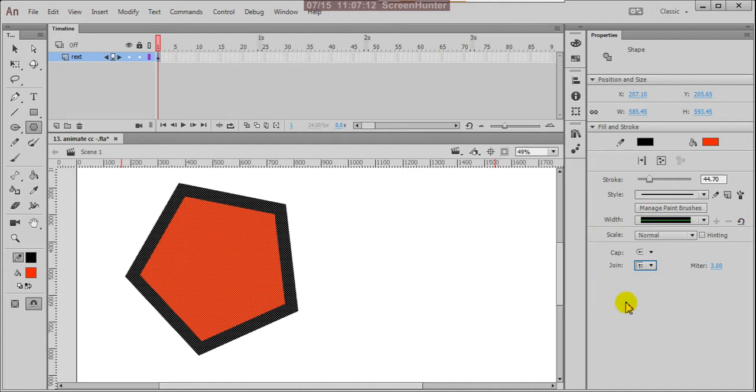Then the same other values are there, stroke, style and brush, width.